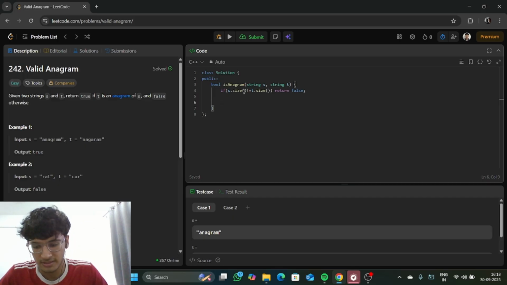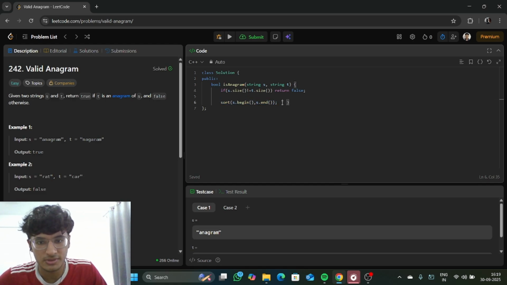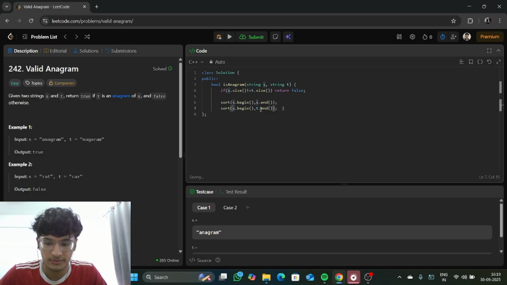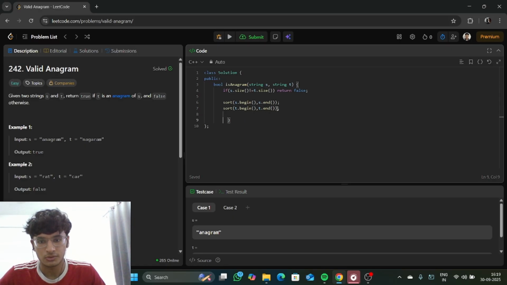And now we will simply use the sort method on both the strings. We use the sorting method from begin, so that it takes the string from the beginning, and we will sort it up to the end. So what it will do is sort our string from start to end. And we will use the same for the second string. So here the second string is t, and we will sort t also. So after sorting, we will return s